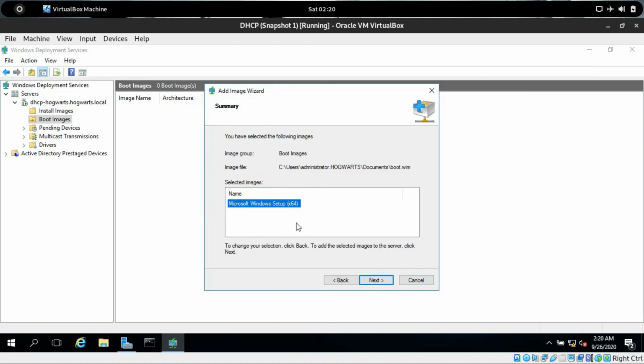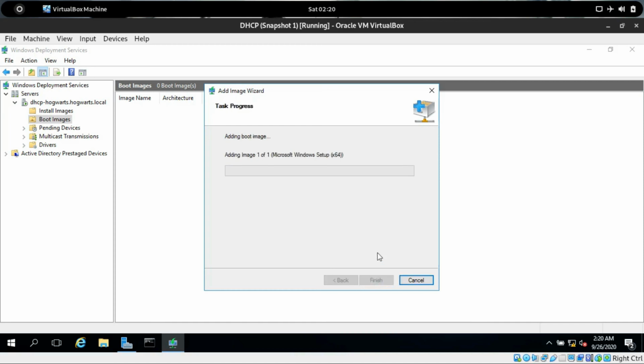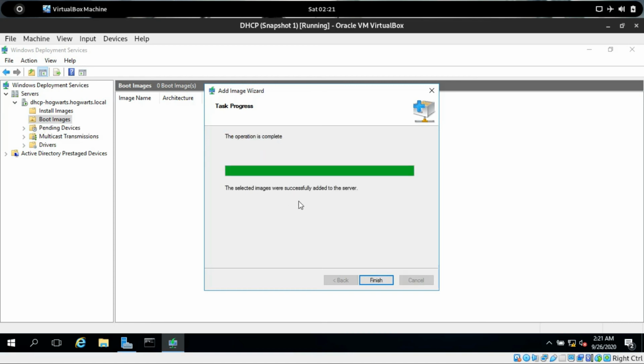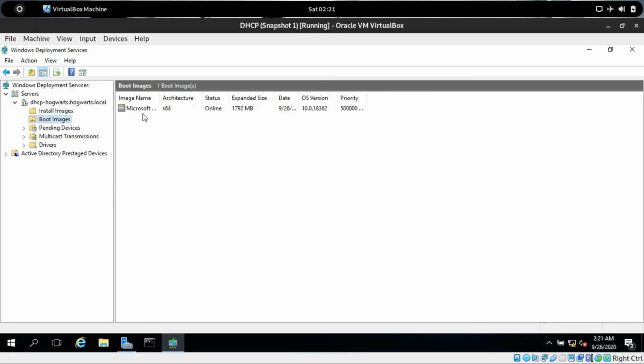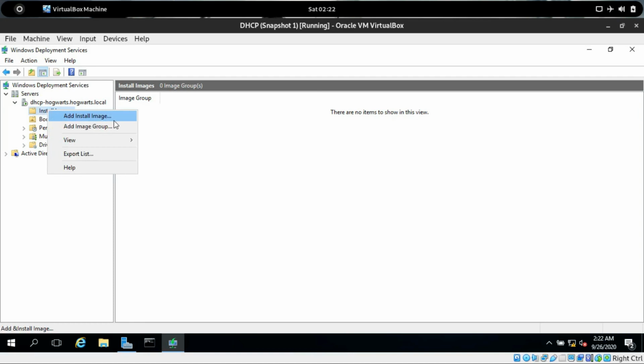You can select if you have more than one Windows file, and the boot WIM file will be added to boot images. So now our boot image is successfully added. I'm going to click finish, and you can see in here the Microsoft name, architecture, status, online. This is our boot WIM file,